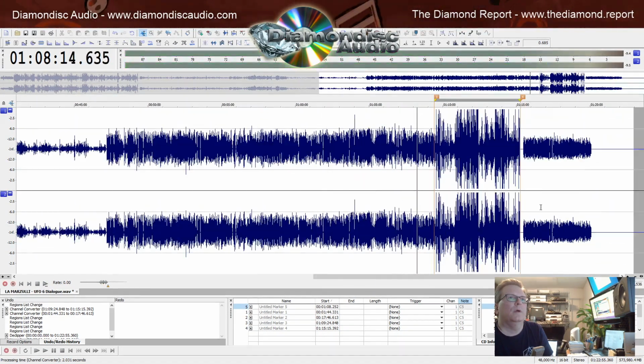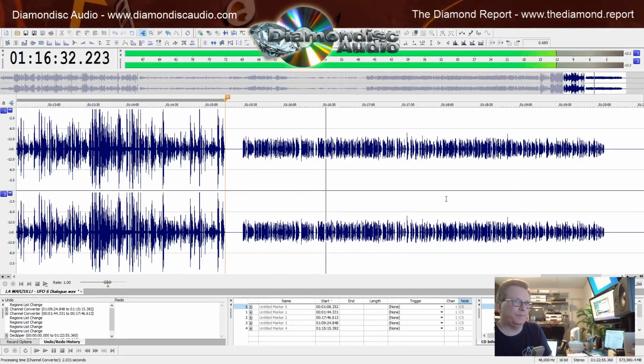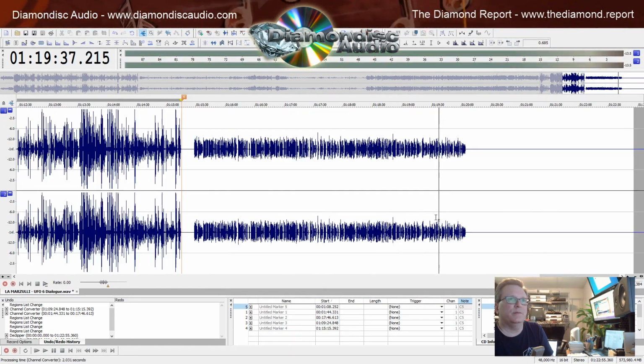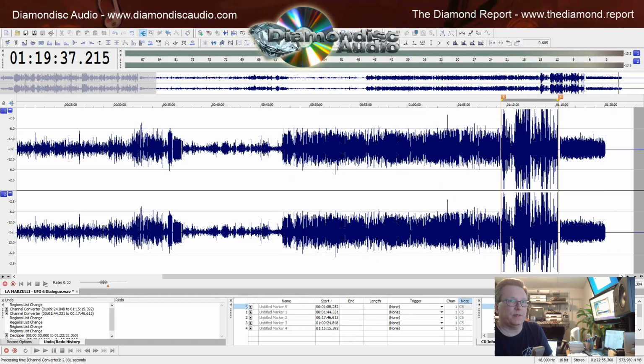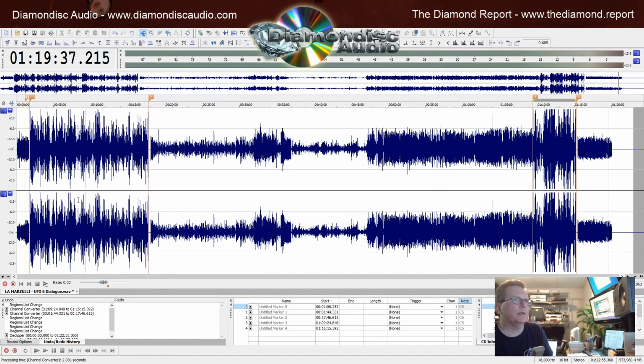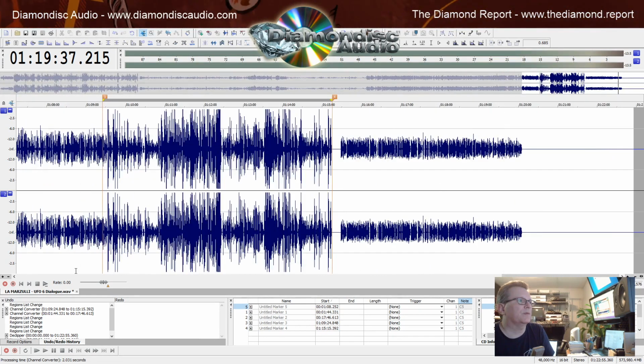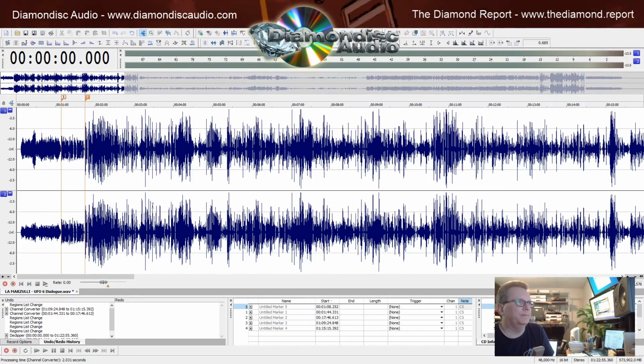For the most part, it seems like it's okay as far as not having too much other music mixed into it, so that's good. So what I'm going to do now is I'm going to isolate some other sections of this dialogue, and I'm going to go through and normalize all those pieces, and then I'm going to run some other processes on the audio to help clean them up and add some compression and things like that, which will bring them up and make them a little bit easier to hear as far as what's going on. So let's start with that.